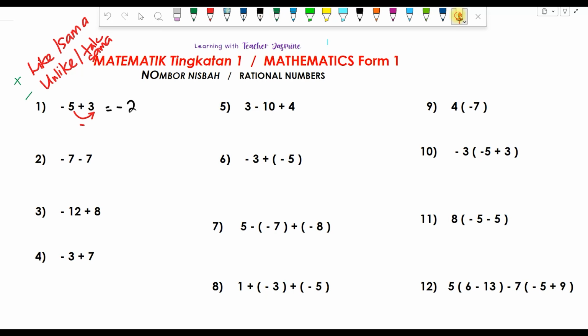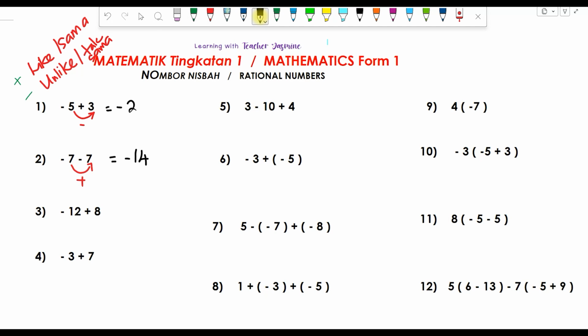Okay, so here also same thing. You can see now the symbols both are also minus or both are negative kan, dua-dua negatif. So simbol dia simbol sama. Bila simbol sama, apa kena buat dengan nombor dia? 7 dengan 7 ni tambahkan. So 7 tambah 7 apa jawapan dia? 7 plus 7 is 14, correct? So 14. Now you look at the symbols. The symbol is negative, right? Yang ni dua-dua pun negatif, jadi simbol dia pun sama, negatif juga. Okay, minus.